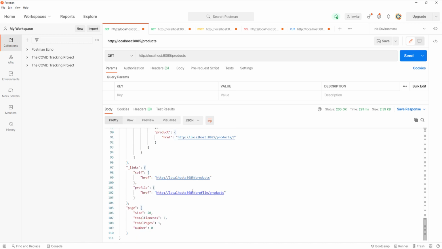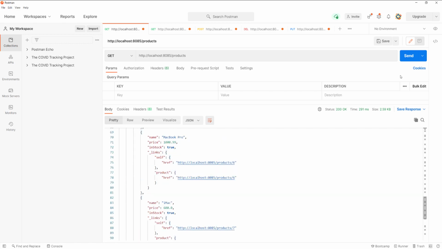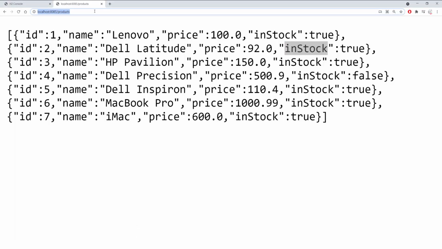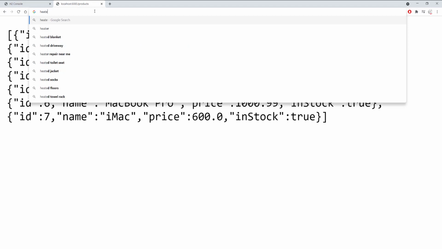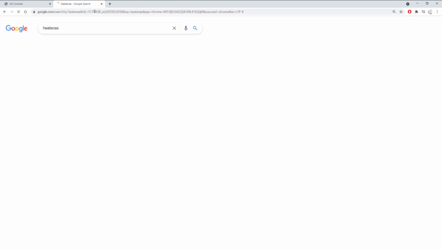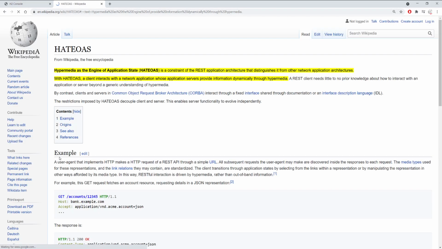So this format, it's called HATEOAS. Let me see if I can find it online. Let's see if I can just Google that. I think it's HATEOAS, something like that. There it is. So this is the format, which is hypermedia as the engine of application state,